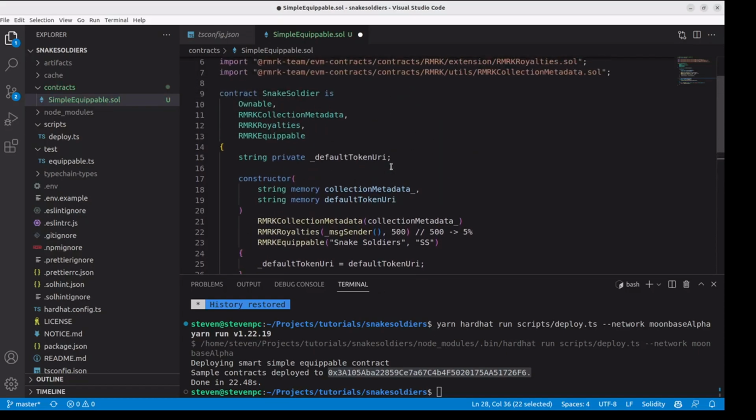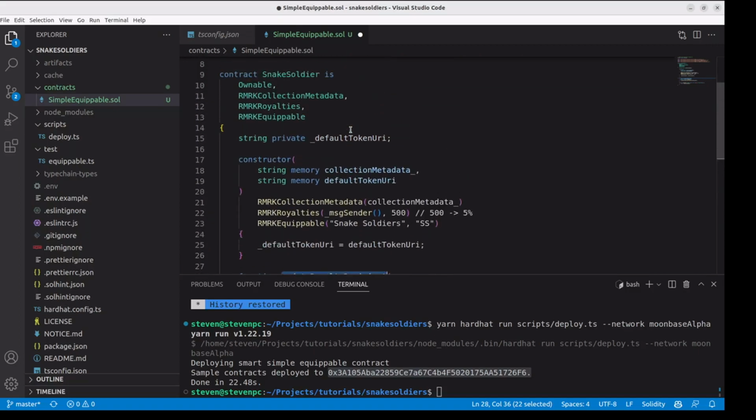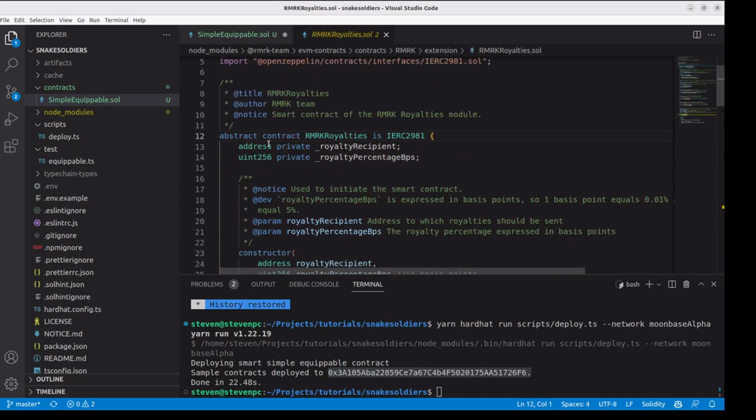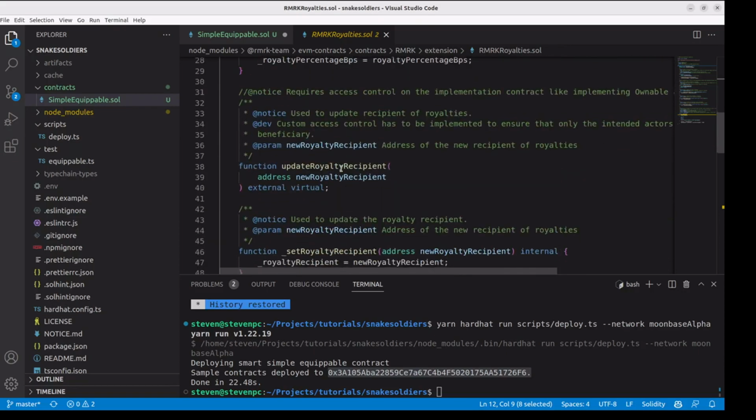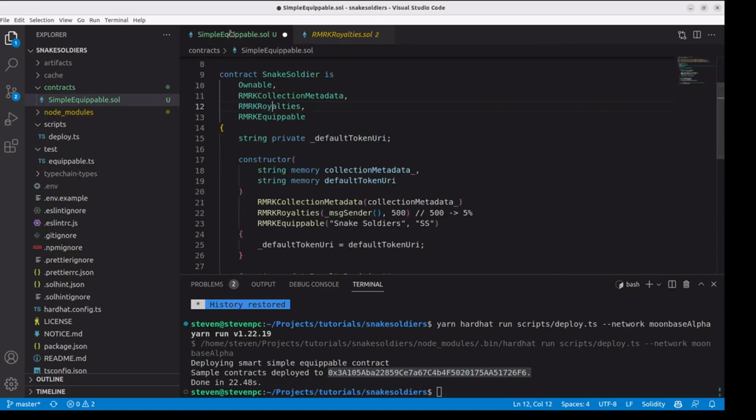You will see that in many of these extensions and utilities, we don't have full contracts, but we have abstract versions, which are semi-implementations. So if we go to them, you can see they are abstract and they define all you're going to need. And in this case, it's defining a non-implemented function that the final implementer needs to implement to get full functionality, but that we don't do it here because the gating is up to the final implementer. So as I mentioned in the introduction, this is non-opinionated.